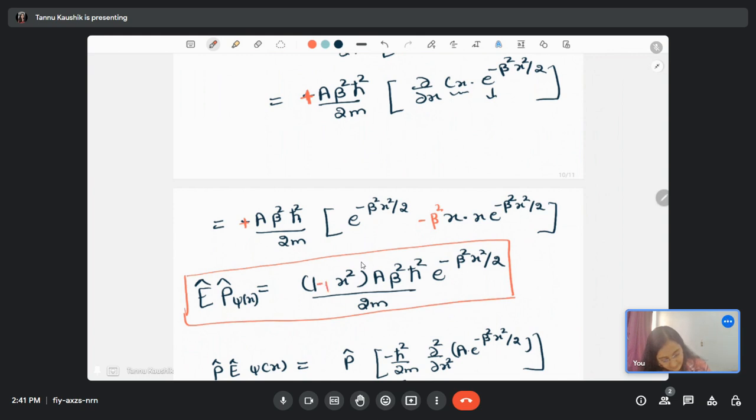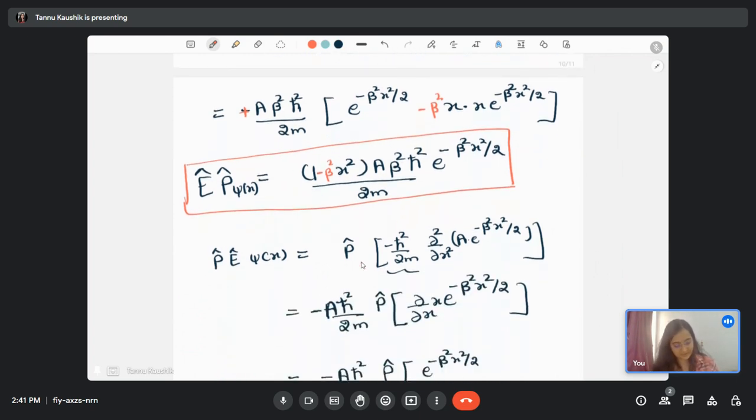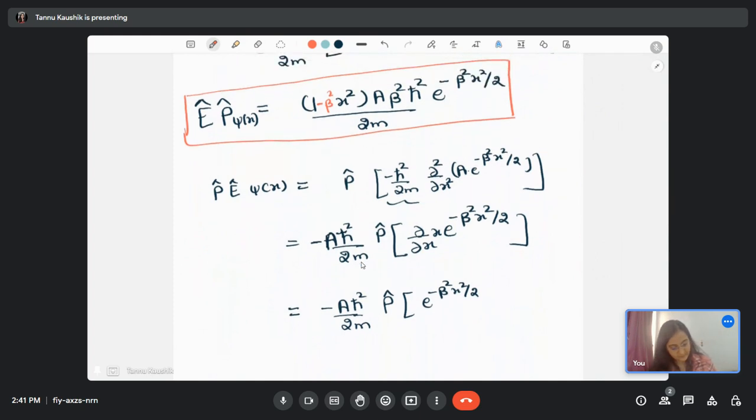So we will have 1 minus beta square x square, the answer here. Okay, so here also it will become plus